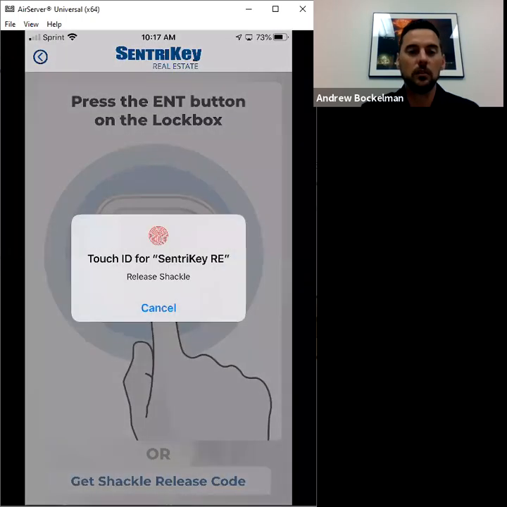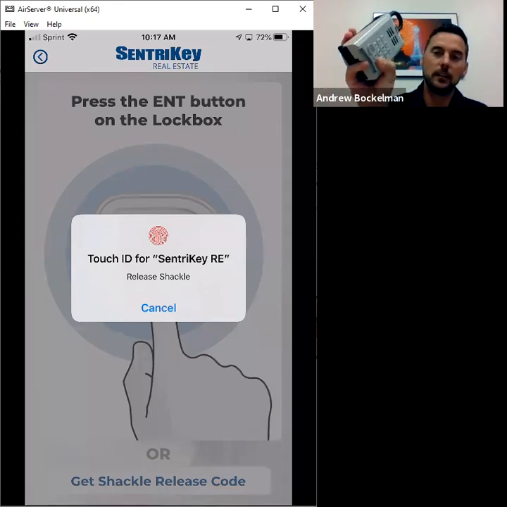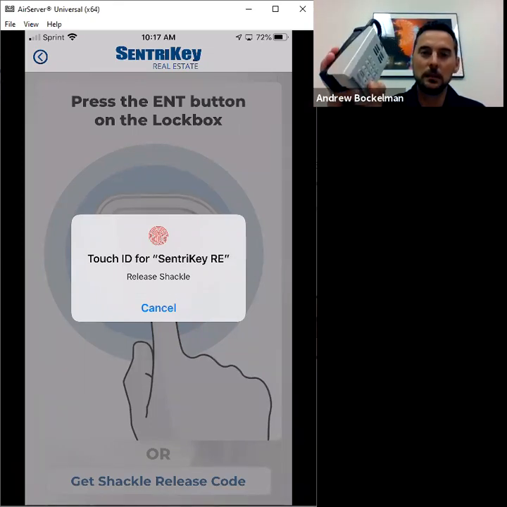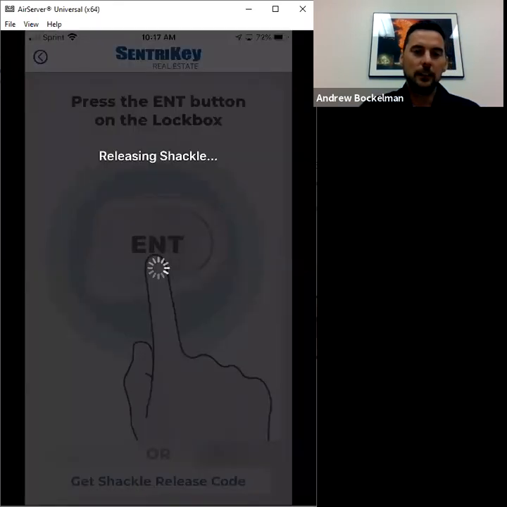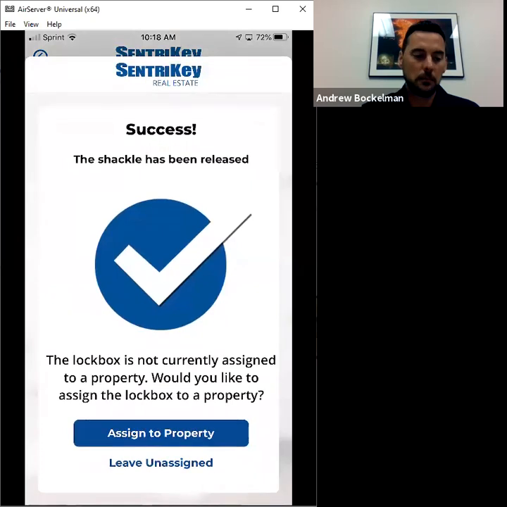Okay, so I'm going in a loop here trying to get it to replicate. But let's say that this Touch ID thing doesn't come up. You hit enter on the lockbox and it's not beeping. So if I hit enter right now on the lockbox, it doesn't make any noise, it doesn't beep, it doesn't light up. That means it's connected to my device, okay? If there's a situation where that Touch ID doesn't come up and ask you for your Touch ID, facial recognition, or PIN number,